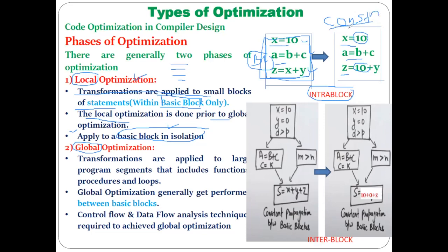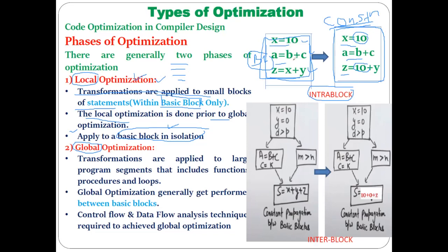So this is the constant propagation technique, which is related to local optimization. Constant propagation, local optimization: you can call this particular transformation that we have done here local optimization. Here you have done the rearrangement or modification of the code within a basic block only. Understood? That is the reason it is called a local optimization.